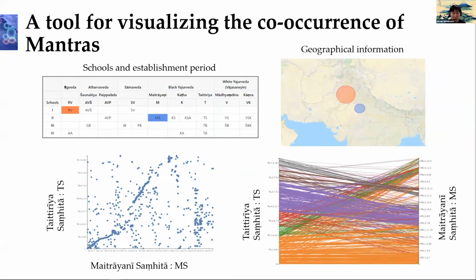In addition to the co-occurrence of mantras, there is meta information of the literature, such as schools, establishment period and geographical information. And this tool interactively visualizes pairwise co-occurrence relationships. And I think Amano sensei has already explained part of the tool,